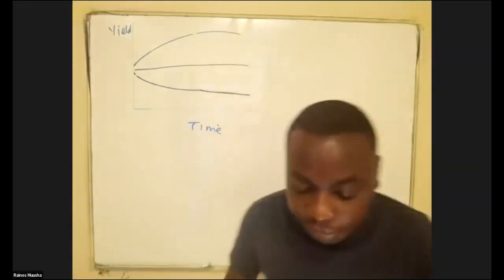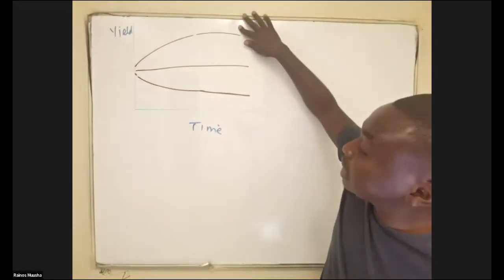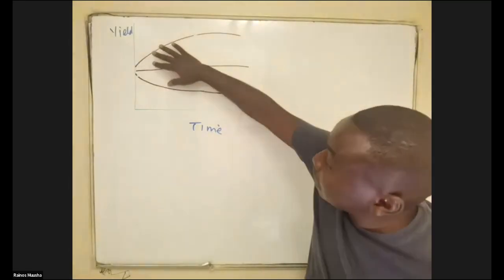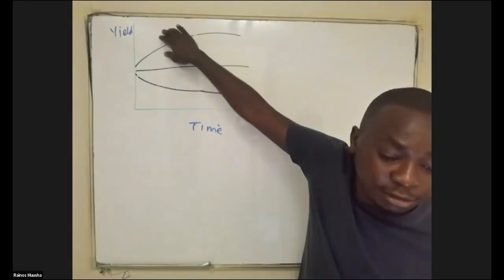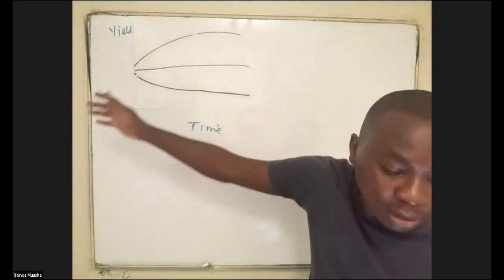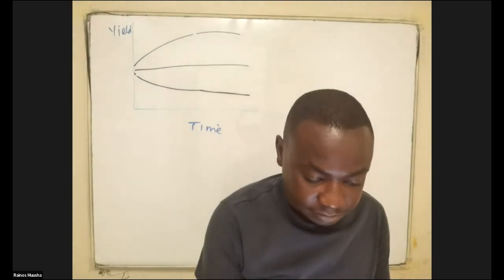So the liquidity preference theory follows this yield curve here, because it's basically saying that the longer it's going to take for them to get their money, the higher the interest they expect on their investment. So that's basically what the liquidity preference theory is trying to explain. Then there is also the